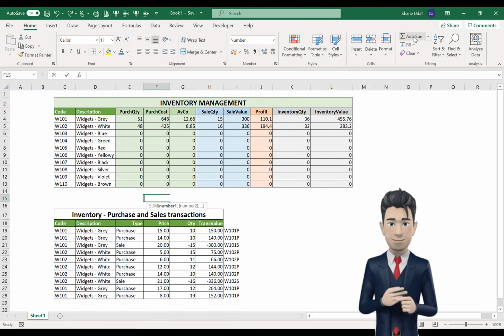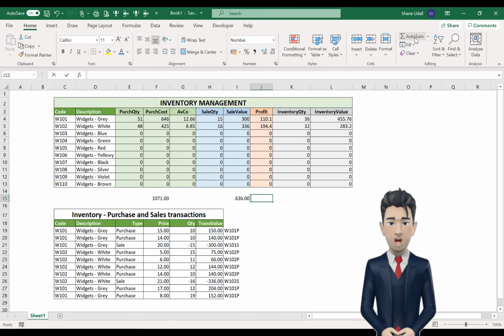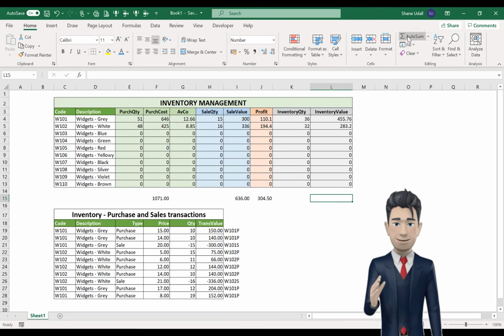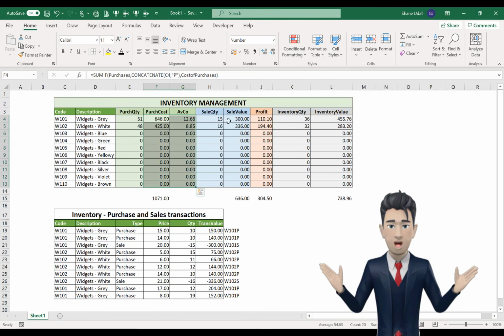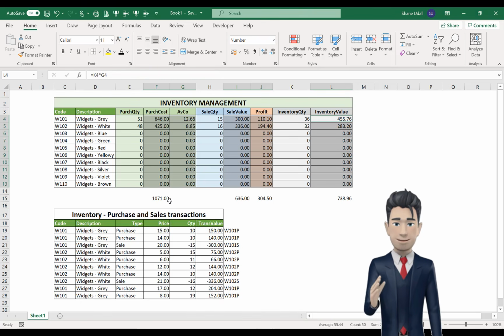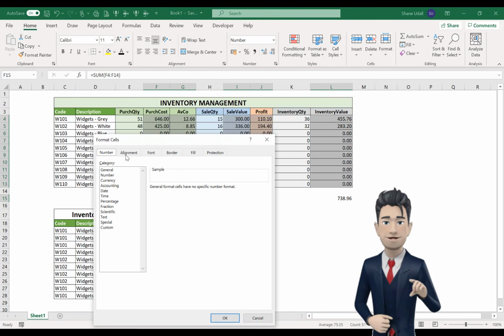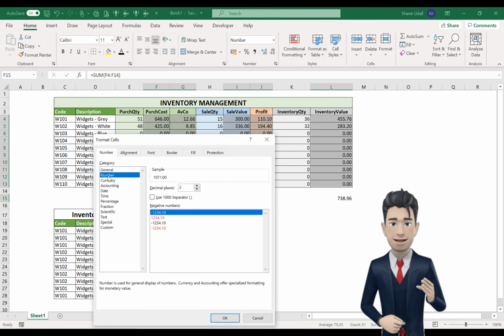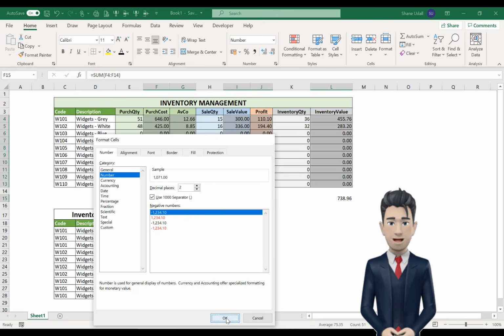Select cell F15 and then simply double-click the AutoSum tool. Select cells I15, J15, and L15 and repeat the AutoSum command. Now highlight the ranges F4 through to G13, I4 through to J13, and L4 through to L13, and then right-click your mouse. Select the Format Cells option and then the Number tab, and then Number, and then set these to 2 decimal places with the 1000 comma